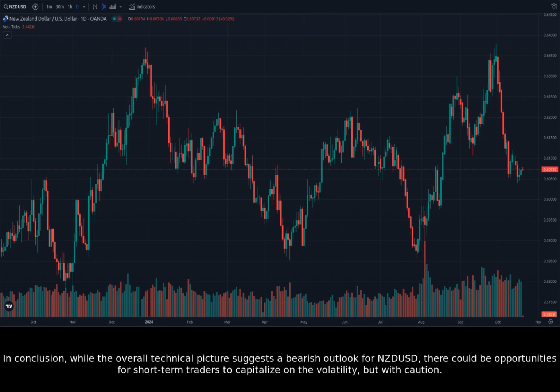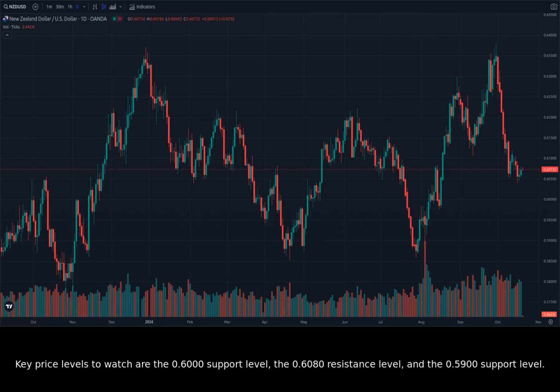In conclusion, while the overall technical picture suggests a bearish outlook for NZDUSD, there could be opportunities for short-term traders to capitalize on the volatility, but with caution. Key price levels to watch are the 0.6000 support level, the 0.6080 resistance level, and the 0.5900 support level. If the price breaks above 0.6080, it could signal a potential shift in momentum, but the bearish